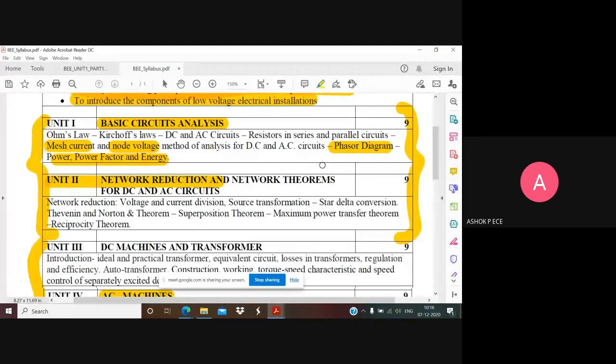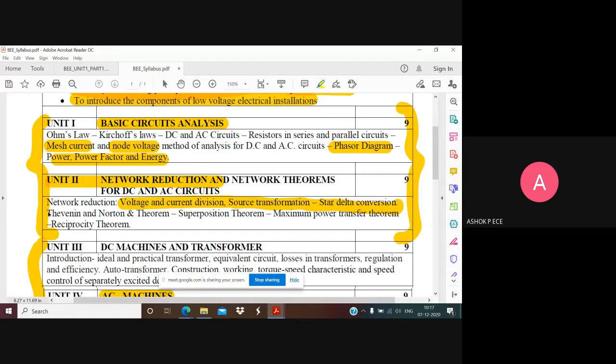So if a complex circuit is given, how am I going to simplify the circuit using network theorems? See, in network analysis, we have voltage and current division, source transformation, star to delta, delta to star. We learn these things in unit 1 itself, so these are common for all electronic circuits. I'll be teaching them in unit 1.